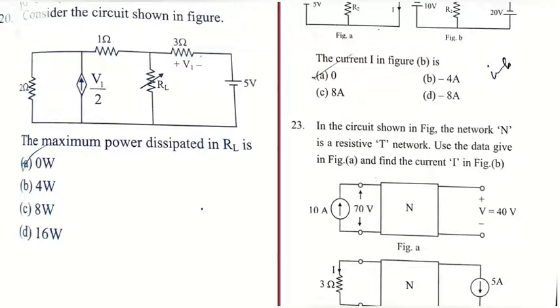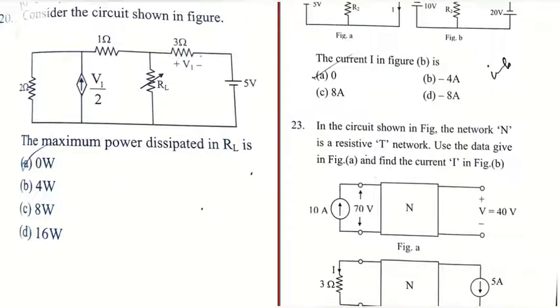Consider the circuit shown in the figure. The maximum power dissipated in RL. I have to find out the maximum power that is dissipated in our RL. So whenever the maximum power dissipated in a particular resistance is asked, we have to find out our Thevenin's voltage and Thevenin's resistance, and then find out the maximum power going to that particular load. Okay. So for that I am going to open circuit, firstly we have to open circuit that particular resistance. So maximum power dissipated in RL is asked, so we are going to open circuit our RL and then find out what is going to happen next.